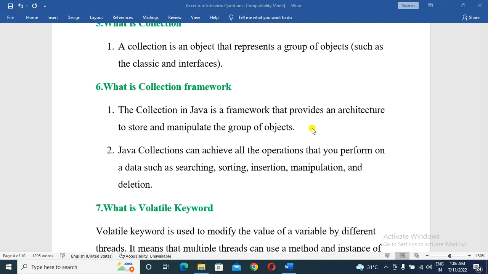With Java collections we can achieve all the operations that you perform on data, such as searching, sorting, inserting, manipulation, and deletion. So if you want to search the data, sort, insert, manipulate, or delete, we can use the collection.